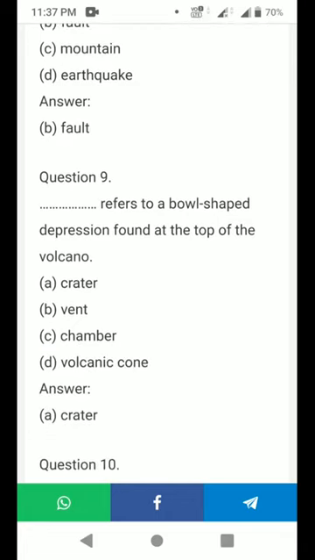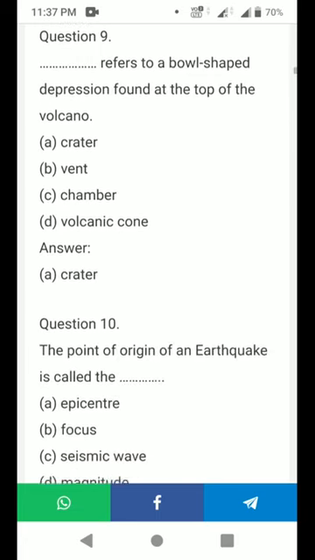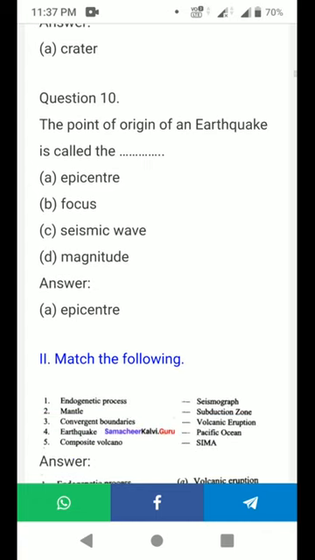Ninth question, dash refers to a bowl-shaped depression found at the top of the volcano. Crater. Next, last question, the point of origin of an earthquake is called dash. Focus. Here the answer they have given is wrong, not epicenter. The correct answer is focus. Please correct it.